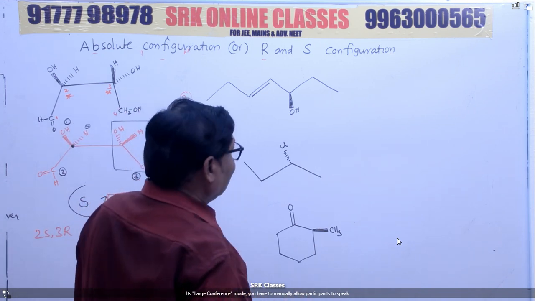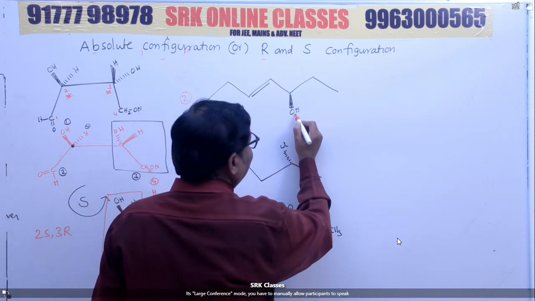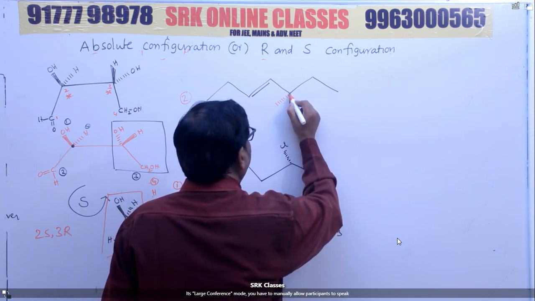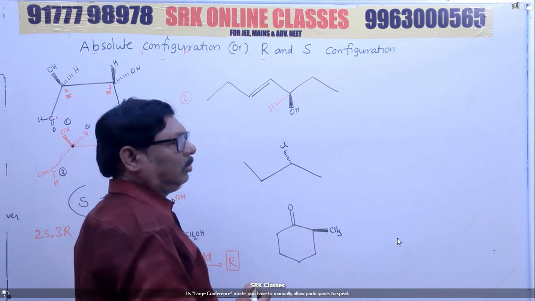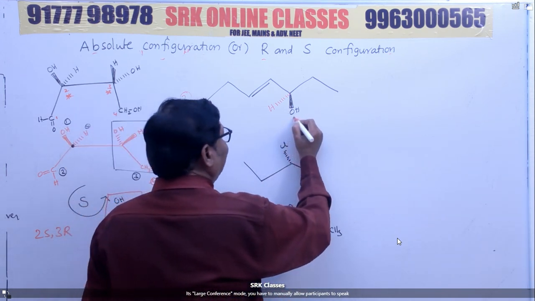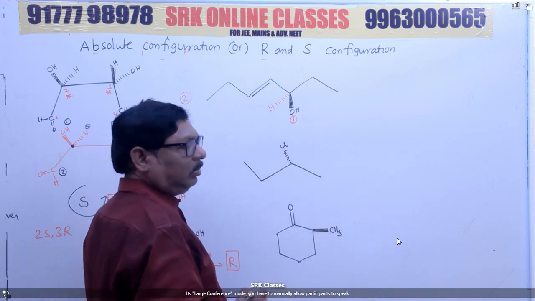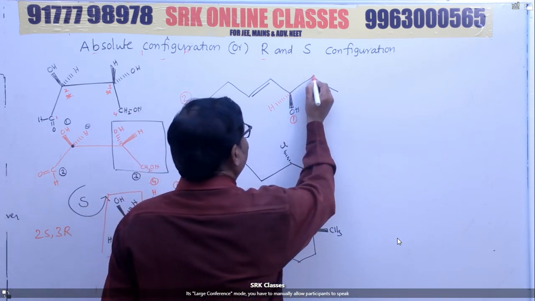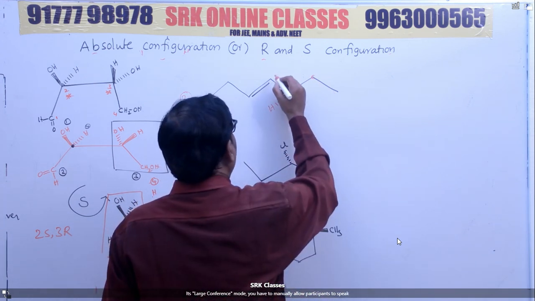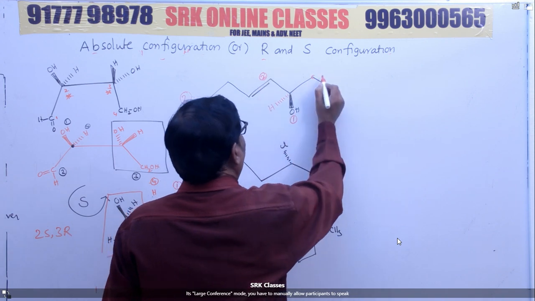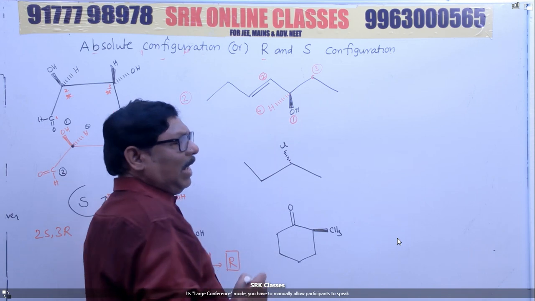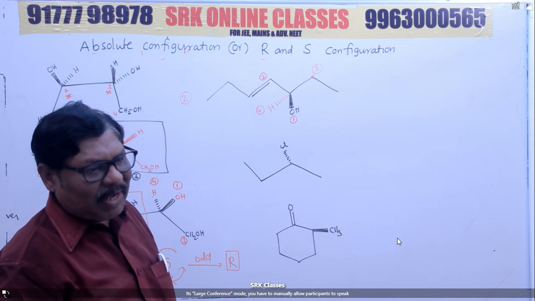But only one chiral carbon is present. Look at here, this is solid wedge, means hydrogen will be dotted line. This is hydrogen. Now write the priority. Oxygen should be given first priority, number 1. Here only one carbon is there, single bond, but double bond means twice. Therefore, priority will be given for this is 2, and this is 3, and this is the 4th one. Dotted line will be 4th, away from the observer.